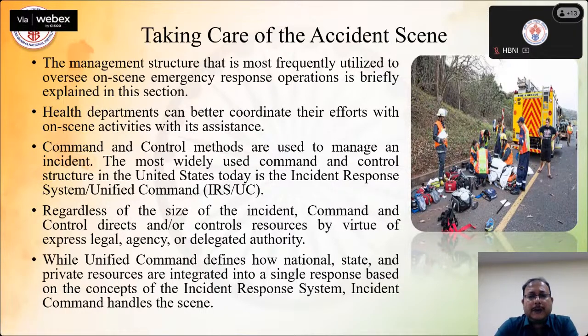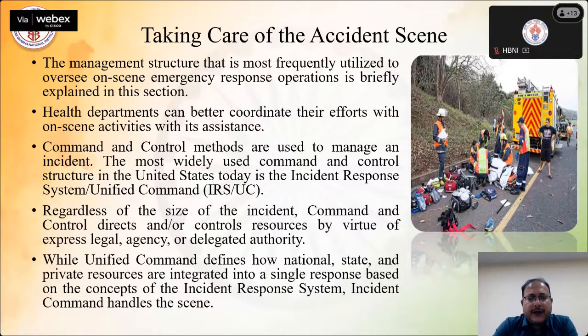Just as you have made an on-site plan, off-site plan, or district disaster plan, there you have designated that this group of officers will do this work. They have this power. They will do the resource mobilization. They will go for the rescue part. They will coordinate with the press or media. So all these things are already highlighted in the document. So it is being used over there. It is much required that it could be used in a timely manner.